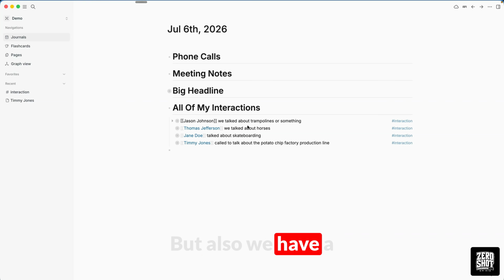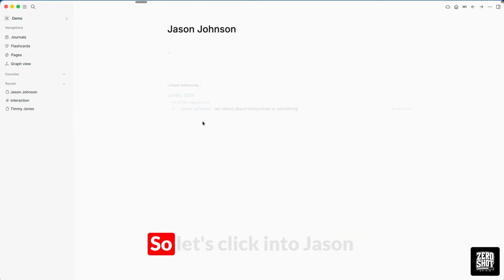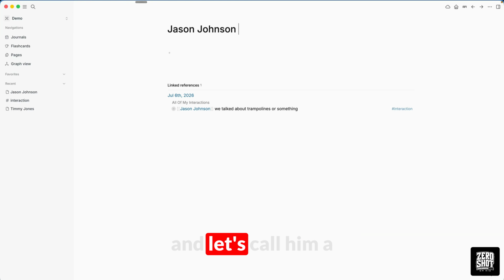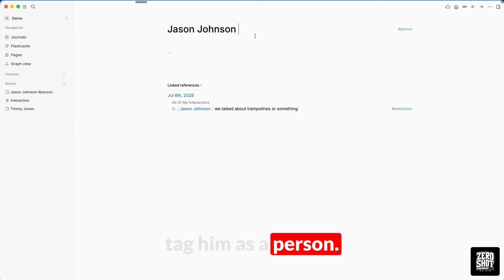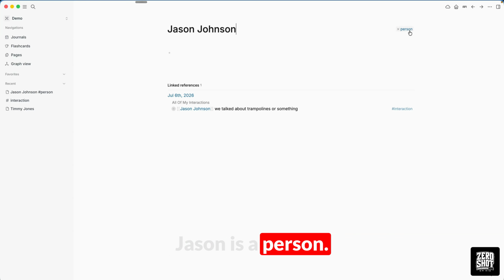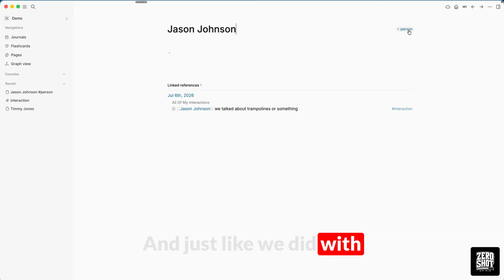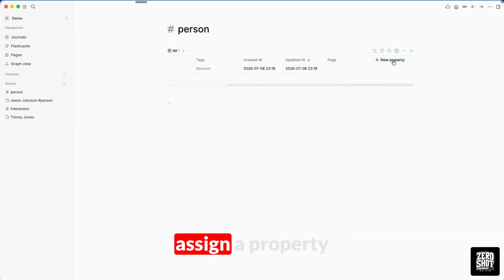But also we have a person, and we can start to associate structured data with people. So let's click into Jason and call him a person. We're going to tag him as a person. So now, data architecture wise, Jason is a person. And just like we did with the interaction, you can click into the person tab and we could assign a